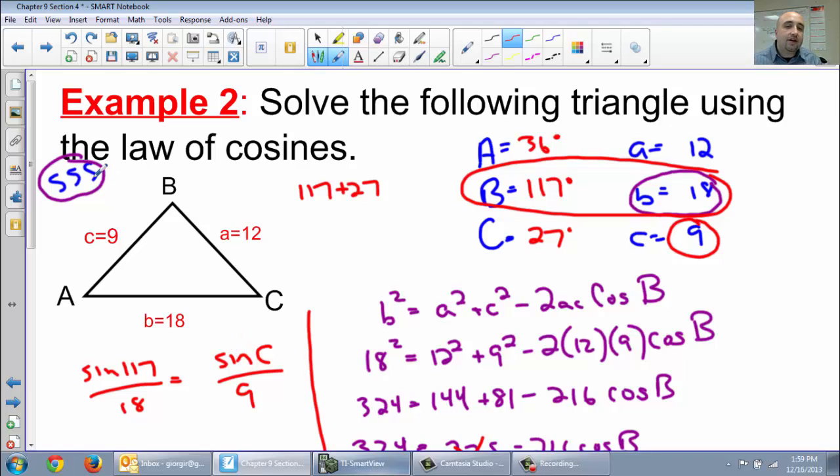We did one example of side, angle, side, and one example of side, side, side. They're all done the exact same way, depending on which one you're given. That wraps up Chapter 9. We'll have a test soon,